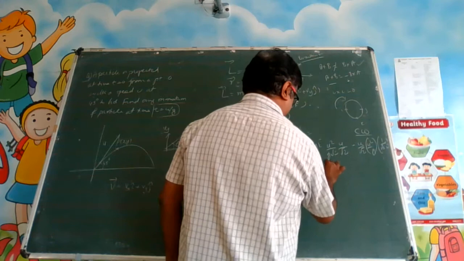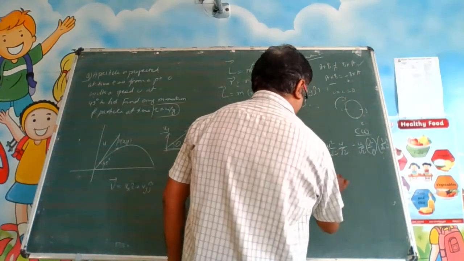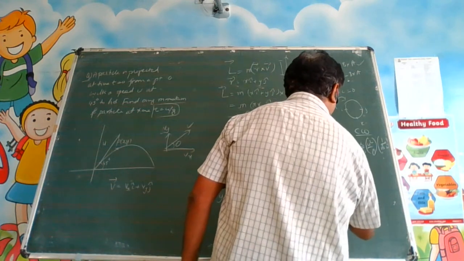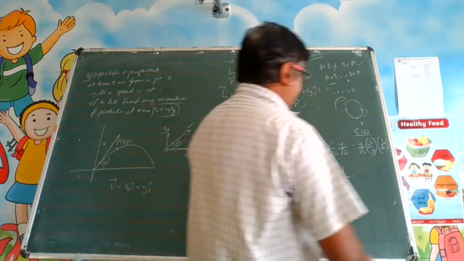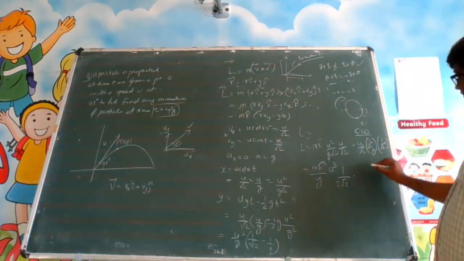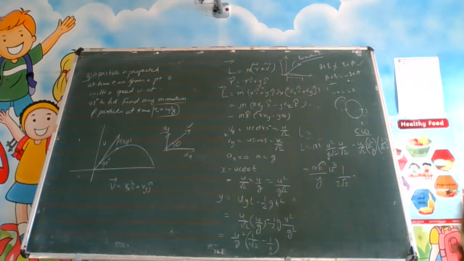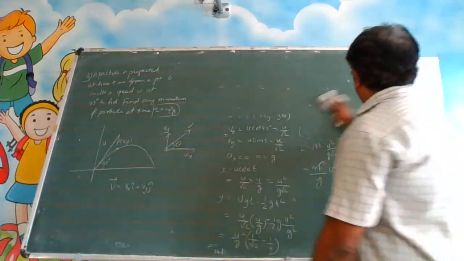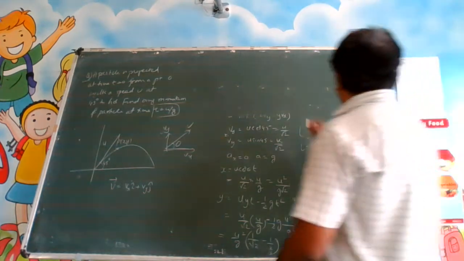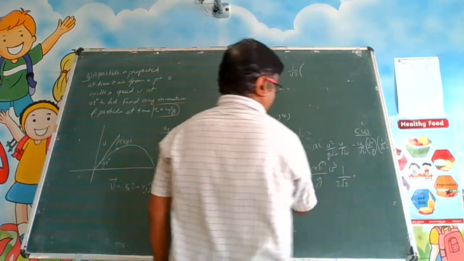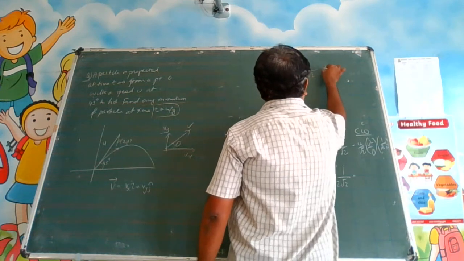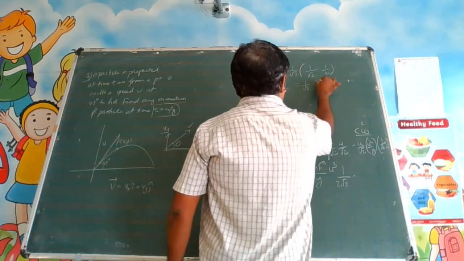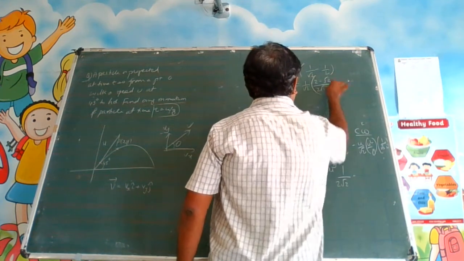We have to simplify this now. m k cap divided by g. You can get u cube also common. Okay? And you are getting here 1 by 2 root 2 minus. We need to just calculate this. It is 1 divided by root 2. So let me just rub it. So this is 1 divided by root 2 multiplied by 1 by root 2 minus 1 by 2. So you are getting 1 by root 2, 2 minus root 2 by 2 root 2. This is what you are getting.